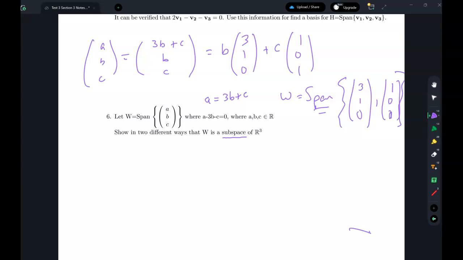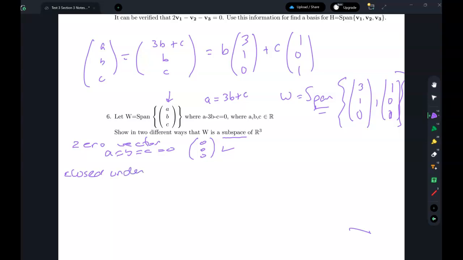So what's the other way we show it's a subspace? We show that these vectors satisfy the three criteria, so that there is a zero vector. And since I can let A, B, and C equal 0, that gives me the 0 vector. I'm good. Number 2 would be is it closed